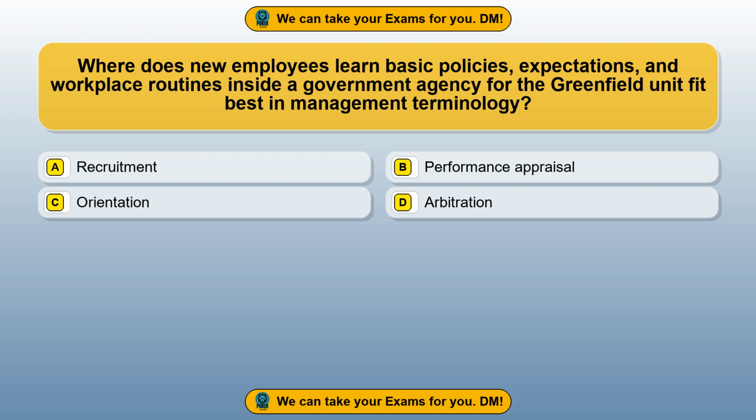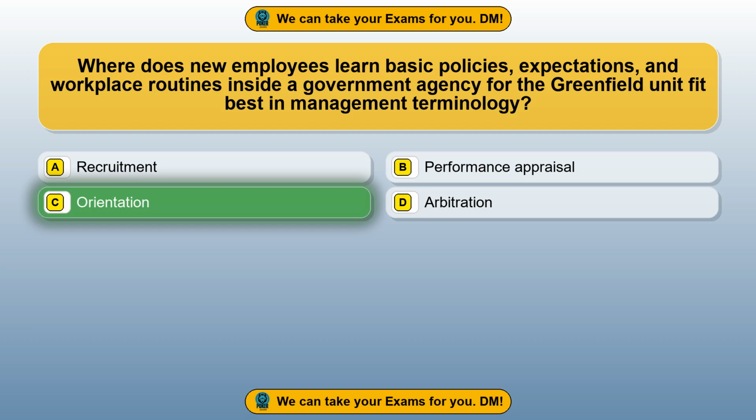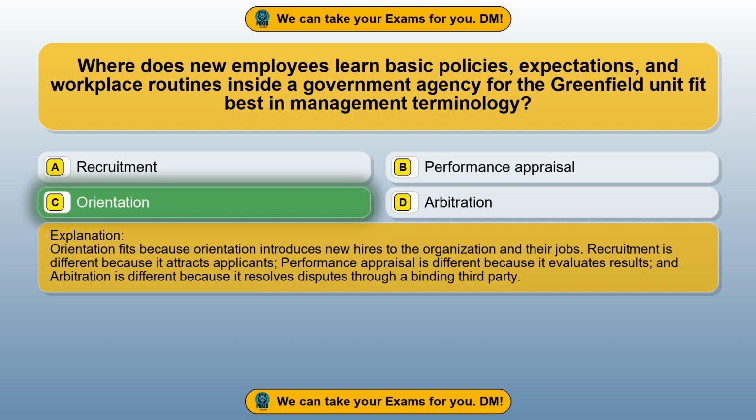Option B, performance appraisal. Option C, orientation. Option D, arbitration. The correct answer is option C, orientation. Orientation fits because orientation introduces new hires to the organization and their jobs. Recruitment is different because it attracts applicants. Performance appraisal is different because it evaluates results, and arbitration is different because it resolves disputes through a binding third